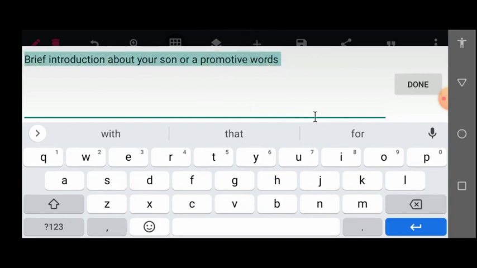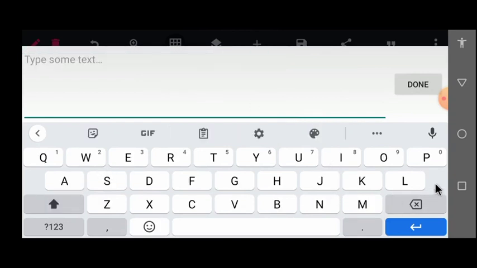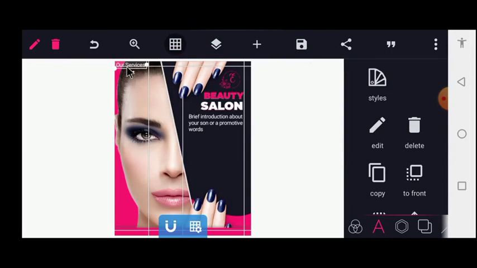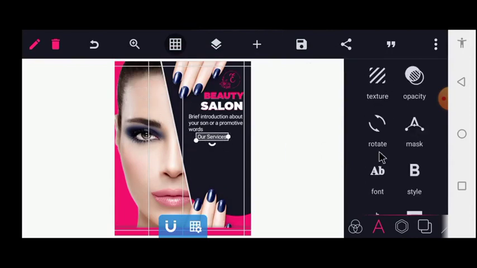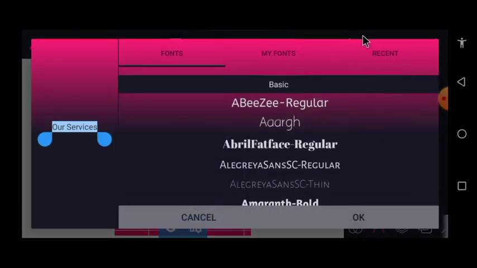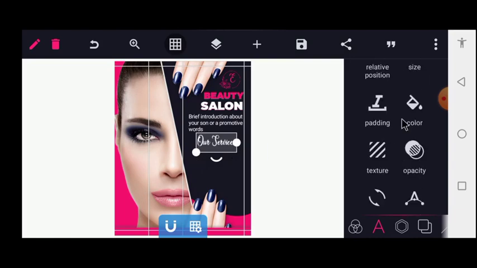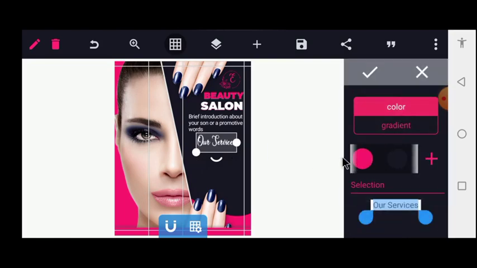So I edit this to our services with the first letters in capitals. So our services. But for this, I will need to change this font to a stylish font. So I'll head to AB and I'll change this font to a stylish font. And I will increase it a bit. So I will head to color and make this pink. After this is done,